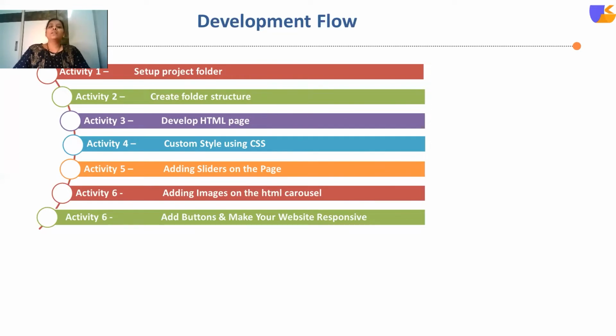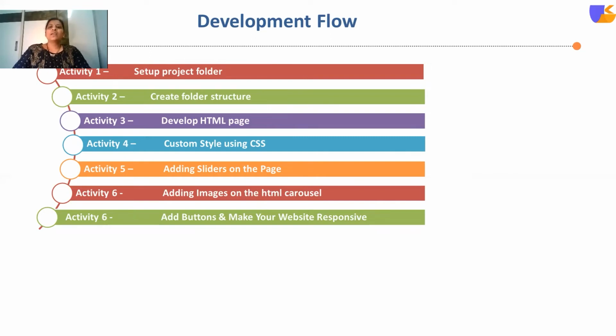So the very first thing you have to understand is that you have to set up the project folder. Then the second thing is, once you have created the folder structure, the arrangement of programs inside that folder. For example, you are going to create a folder that is website development. Then under that, you have to create multiple folders, like one for images, one for storing the CSS files, one for storing the JavaScript code. And if you have downloaded any kind of plugins required for development of applications, then they are also separately stored inside the main folder. So this is the main step considered for creating the